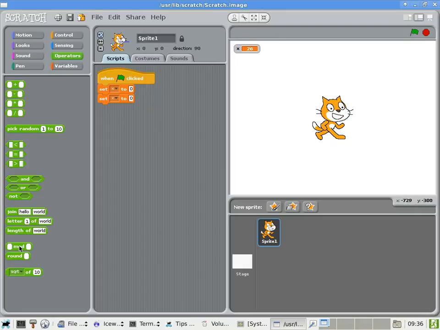And then we have the mod operator, which finds the remainder of a division, a round operator, which turns a non-integer number into an integer, and then we have a general function. This can be useful because it gives you a list of the math functions that we can actually perform in Scratch. Yes? So if you're creating a game, a simple game in Scratch, you could use this to create